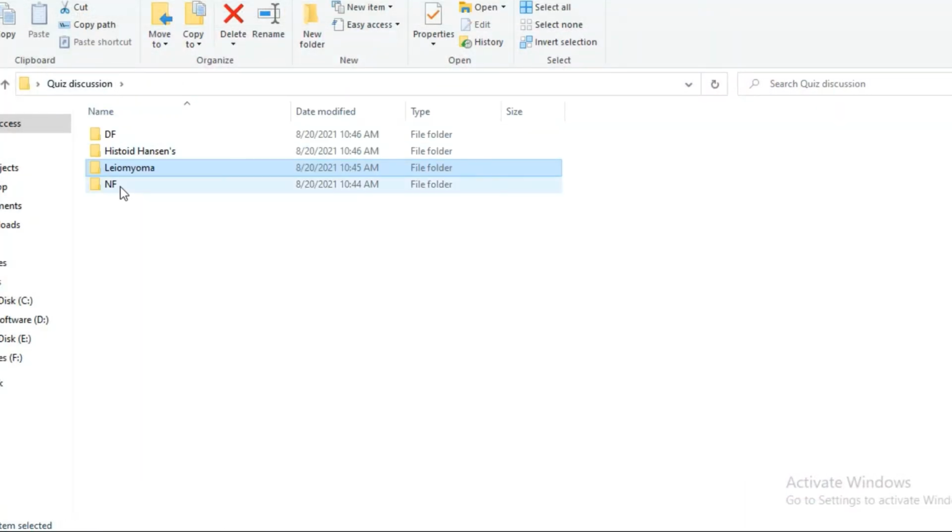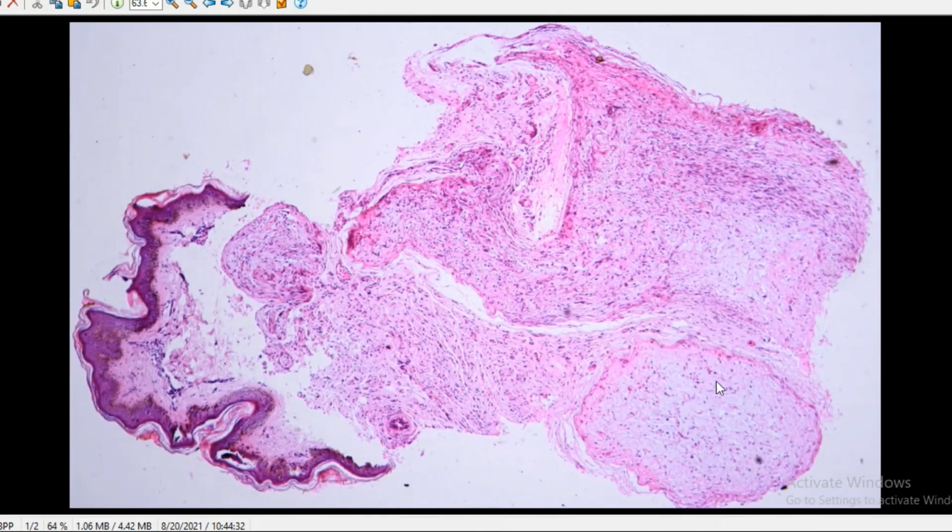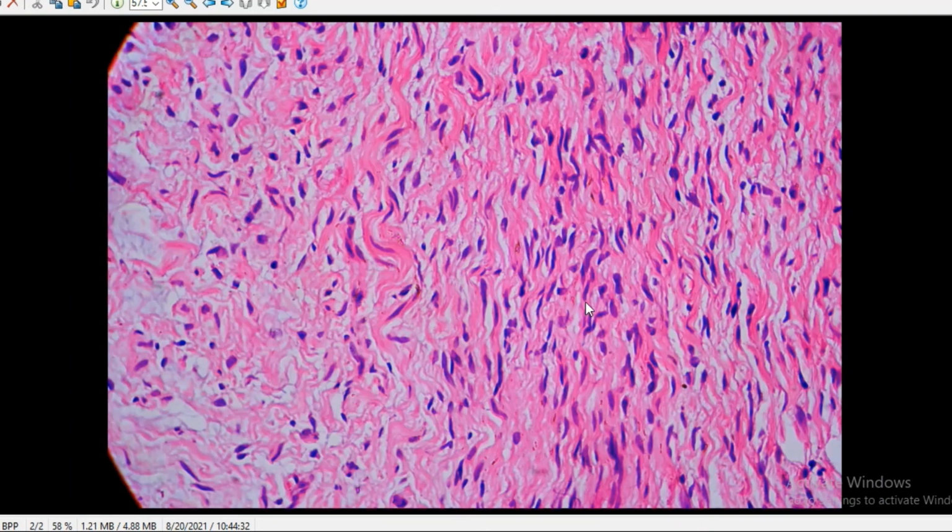Then the other differential is neurofibroma. Neurofibroma, again, a nodular proliferation. Often you do have a Gren zone because the upper papillary dermis and reticular dermis are not involved. The clue here again is the cell type, you see these spindle-shaped cells with wavy nuclei, eosinophilic cytoplasm again, but you can make out each cell from each other. The cells are not merging with each other like in a leiomyoma. And here you can easily make out the wavy spindle-shaped nuclei. Contrast this with the cigar-shaped nuclei of a leiomyoma.